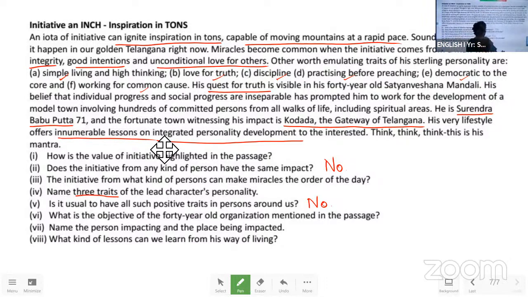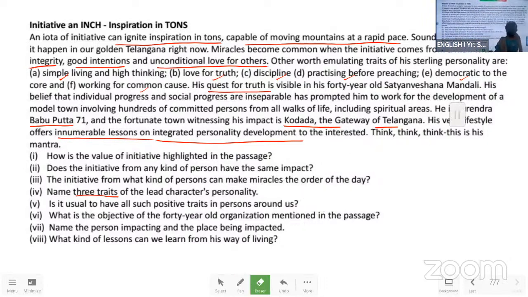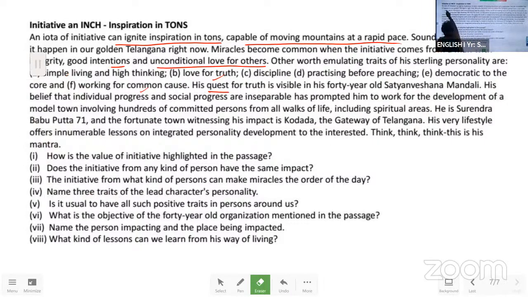So children, I hope you have understood this passage. It is very easy. It's there in your textbook. Like I said, there are innumerable unseen passages in your book. Though we say unseen, it is all there in the textbook. If you learn from first page to the last page, everything, it should be very, very easy for you to answer the questions. Okay. After this, there's nothing.